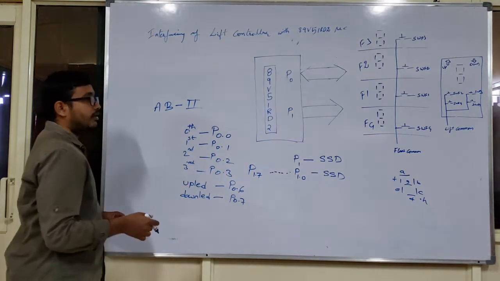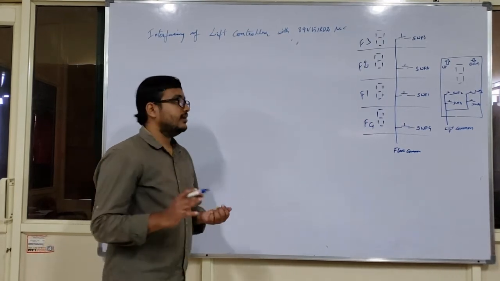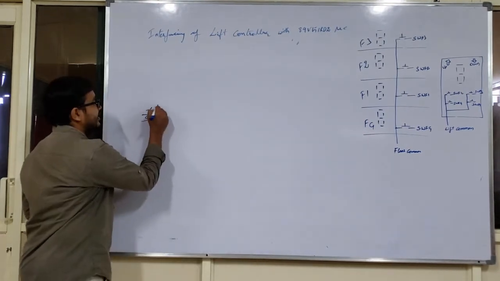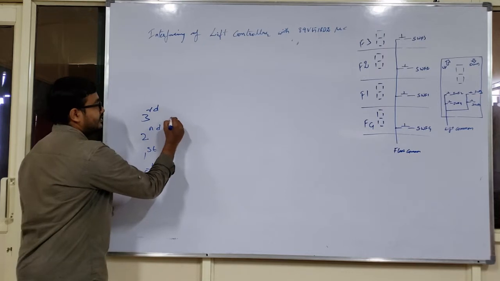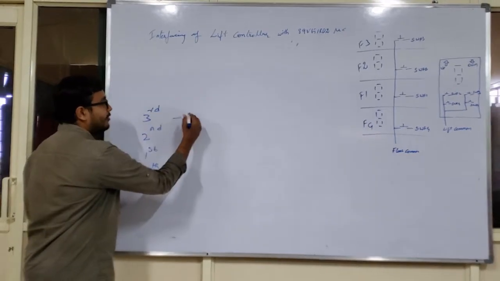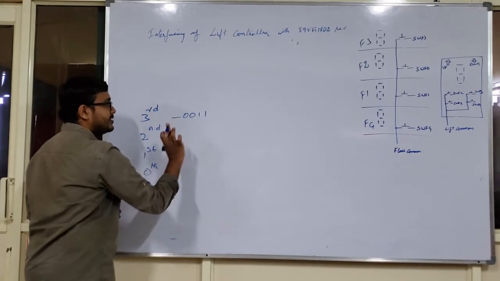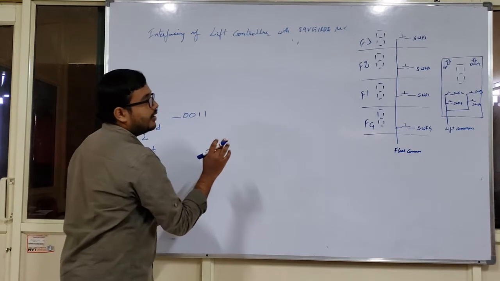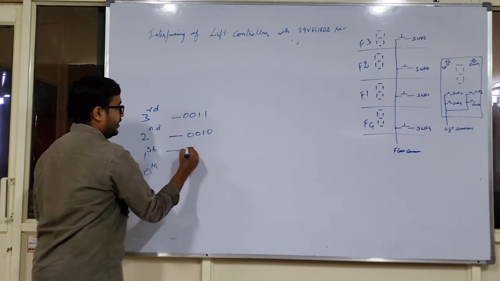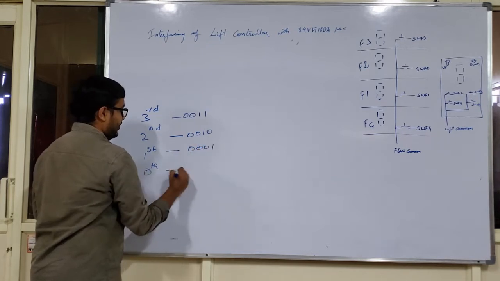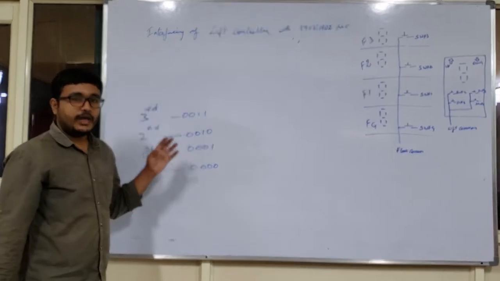Now let us see how we have to develop the programming. Before discussing the programming, for each and every floor I want to use this kind of assignment. This is the third floor, second and first, and this is my 0th floor. Generally in an arbitrary assignment, the third floor is represented by 0, 0, 1, 1. I would like to take 4 bits here because of the push buttons. The second floor is 0, 0, 1, 0, the first floor is 0, 0, 0, 1 and the 0th floor is represented as 0, 0, 0, 0. This is a normal arbitrary assignment.